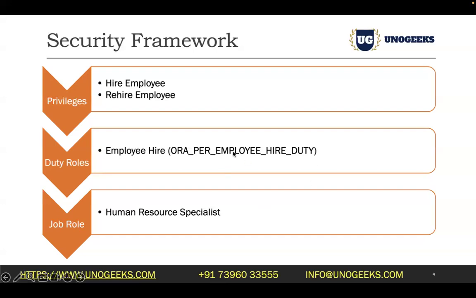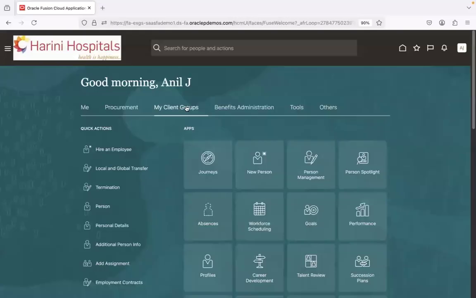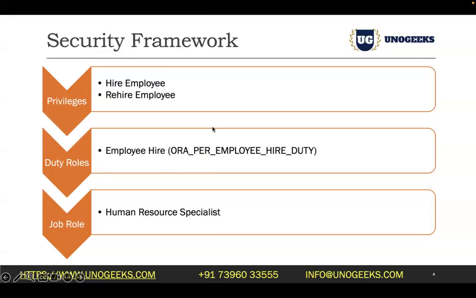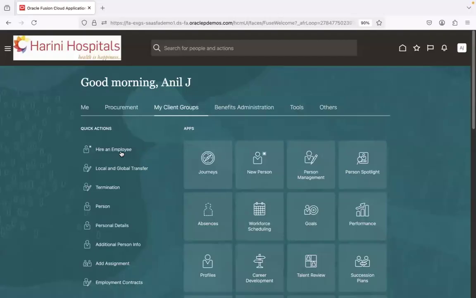And if you pick up one duty role, say for example, he needs to hire employees, right? HR needs to hire employees in the application. Now, for him to be able to hire employees in the application, when he logs in, should he be able to see that hire an employee page in the application, guys? Yes or no? For Anil to hire an employee in the system, or to terminate an employee, he should see these screens, right? So whatever navigation task that you see here,